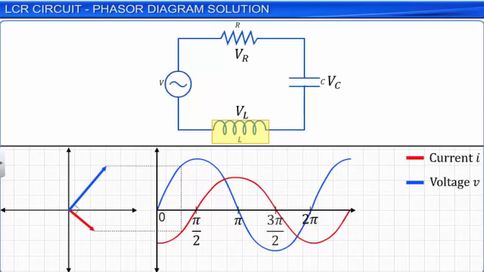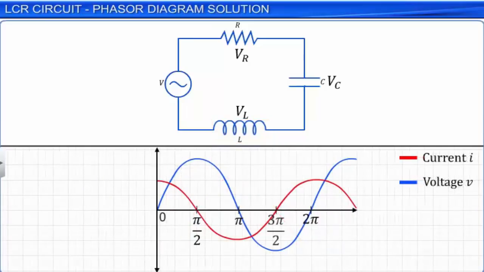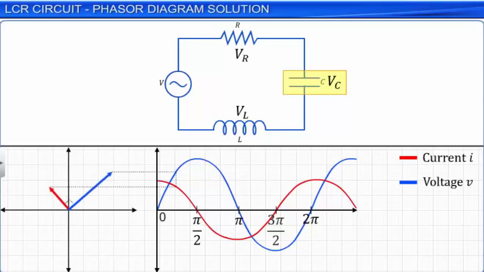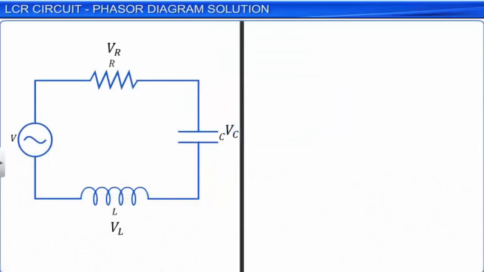Conversely, the voltage in the capacitor lags the current in the circuit in phase by pi by 2 in a purely capacitive circuit. The phasor diagram for the capacitor shows the phase relation between V and I in the capacitor. The amplitude of the voltage across the resistor is VRM equal to Im into R. The amplitude of the voltage across the inductor is VLM equal to Im into XL, where XL is the inductive